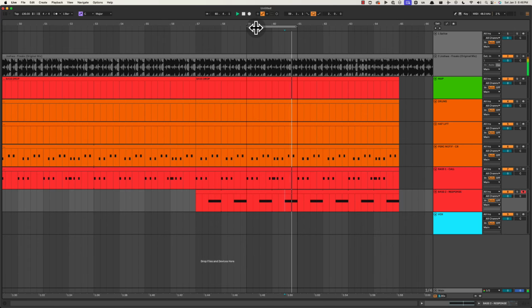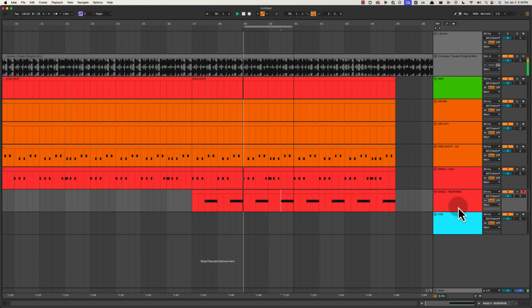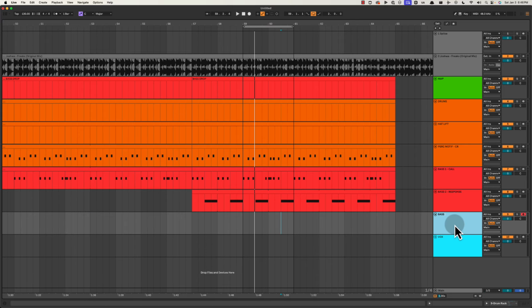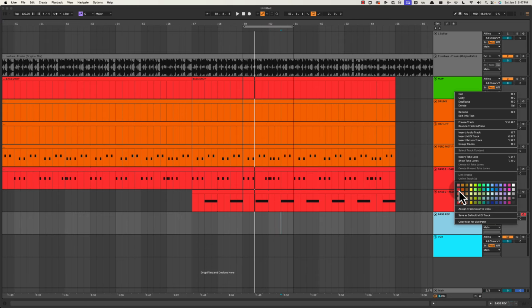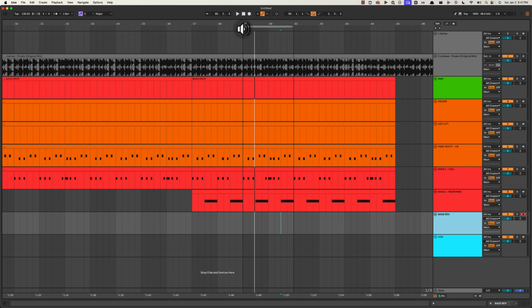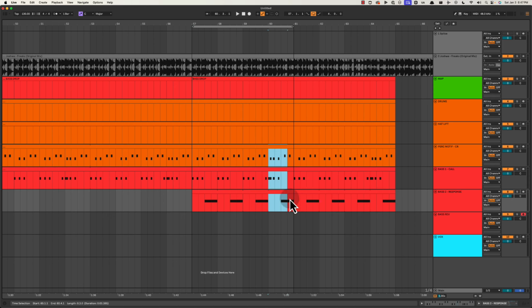Let's see. That's cool. Maybe I'll just call it bass rev, for reverse, and I'll map that out, because that again is happening at the turnaround point, right? So at the 4-bar mark. So this repeats 4 times, or 3 times, and then we get that little variation at the end.